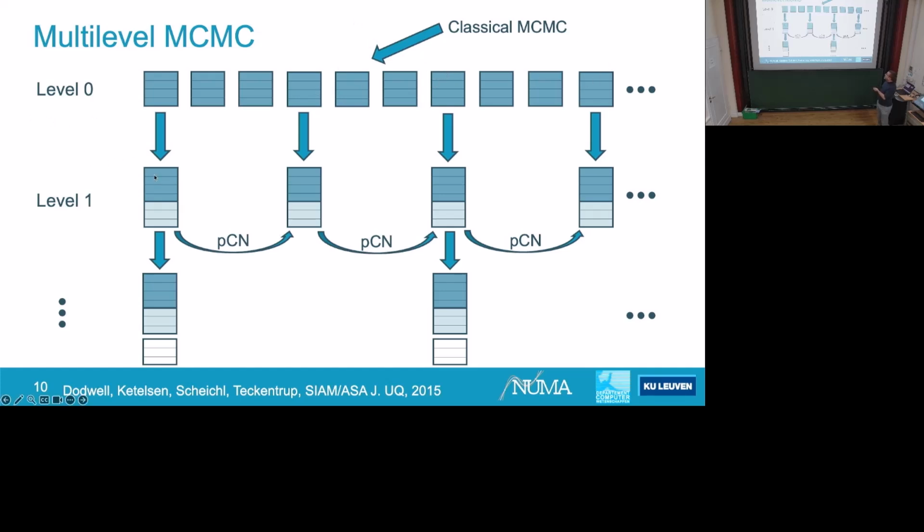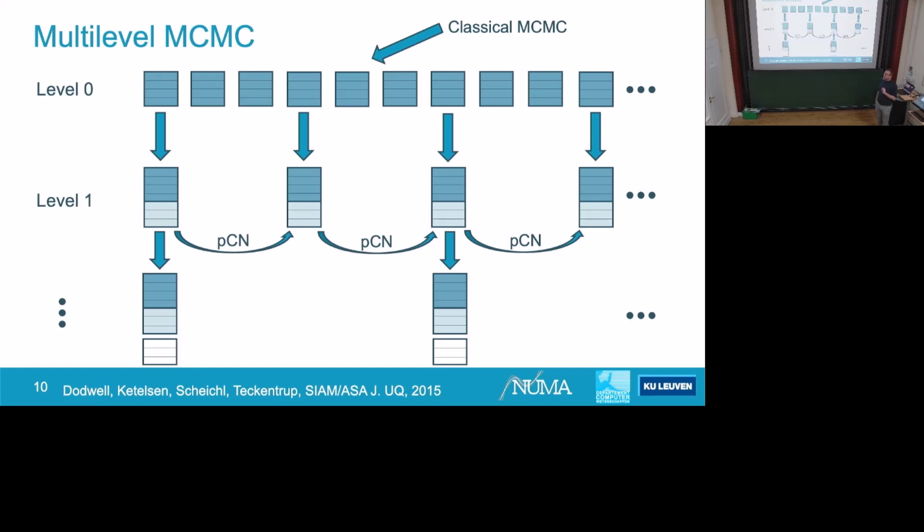Once you are at the fine level, we keep the coarse coefficients that we already had. That's what will make this sample correlated with that sample: the fact that they have the same first so many terms in the KL expansion. And then we just add a few extra terms in the KL expansion and we need to move forward. So moving forward means that we just stay on the coarse coefficients that we have received from the level above, and we sample new fine coefficients with preconditioned Crank-Nicolson, which is a typical proposal move that you can make.